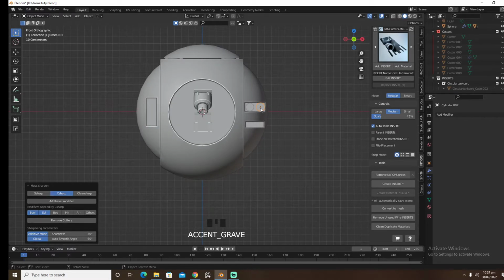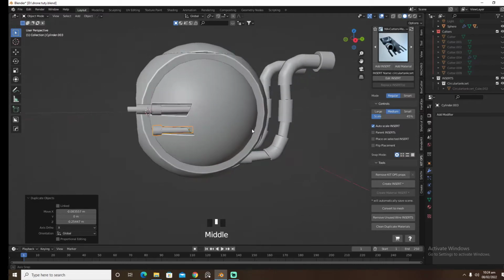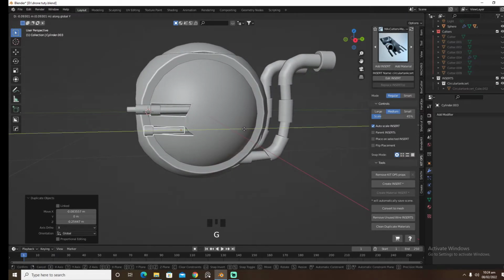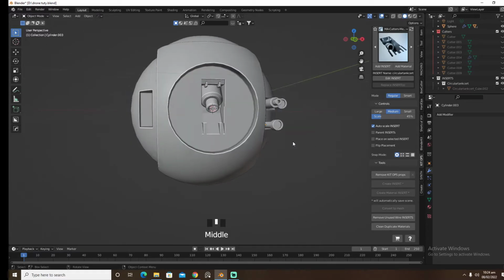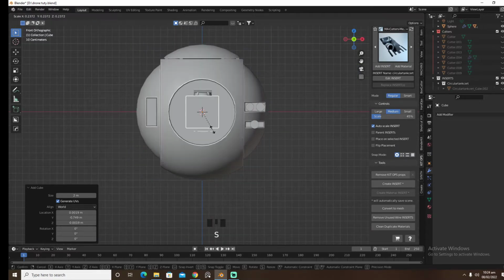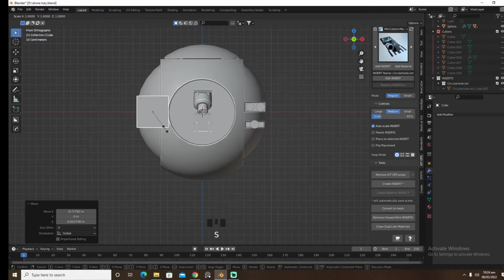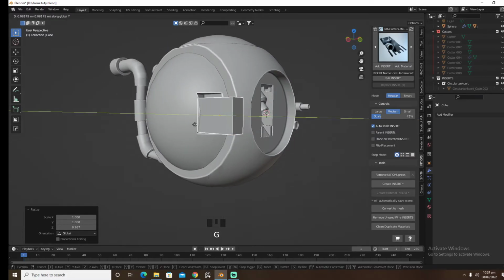and let's select this, shift D and bring it somewhere right about here and bring it outwards a bit, so we have something like this. Next thing we're going to do is we're going to create a cube, scale it down, bring it here, scale on the x-axis, bring it somewhere right about here. Let's scale this on the z-axis, bring it inwards,